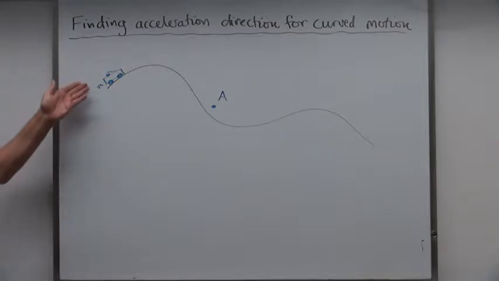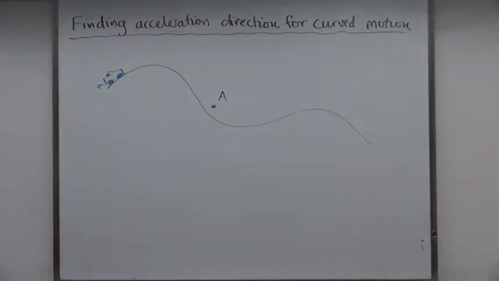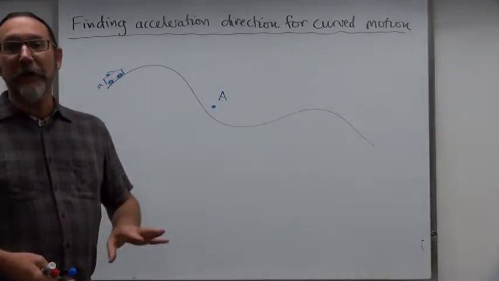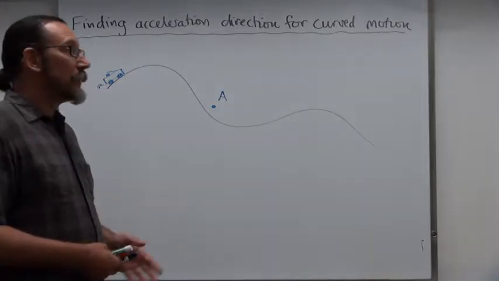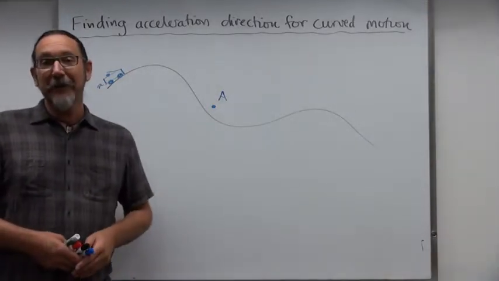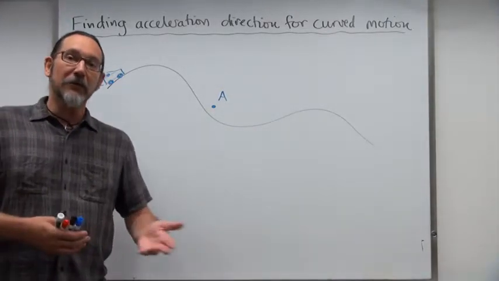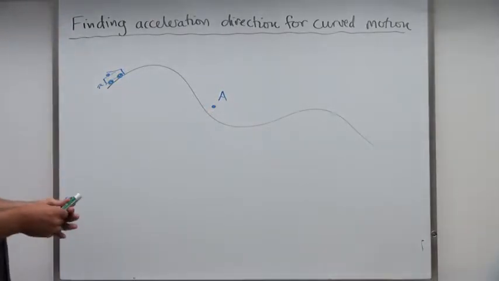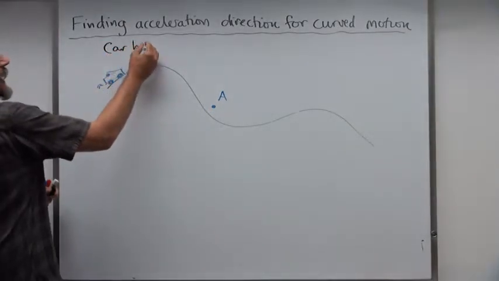All right, so here we've got a car moving over the hills, and we're going to try and find what the acceleration is at point A. But if we don't know whether the car is speeding up or slowing down, we have no idea how to draw the velocity vectors or to find the acceleration. So again, you're always going to try and remember that acceleration is the change in velocity, so we need to know what the velocity was, what it turned into, so that we can find the acceleration. So in this case, we're going to assume that we're told that the car has